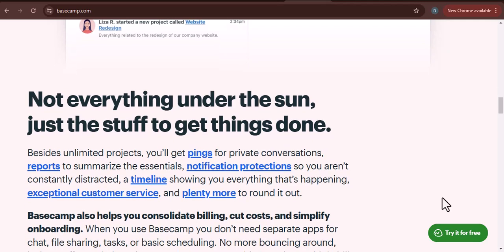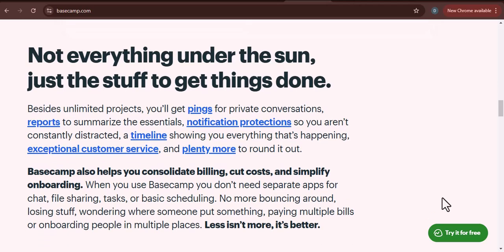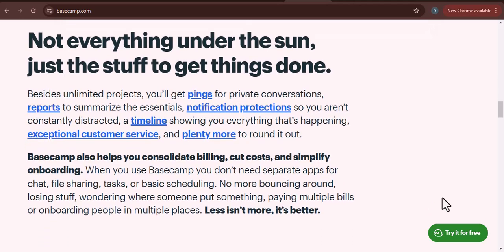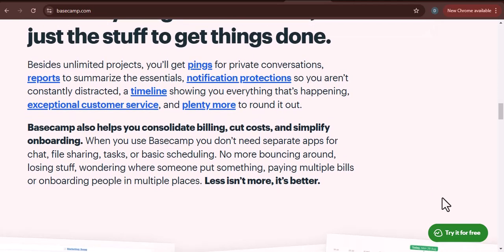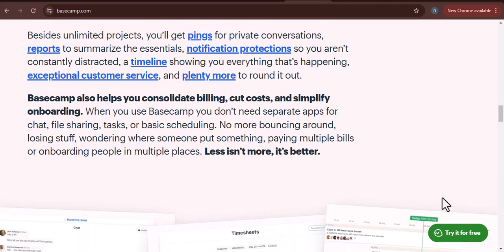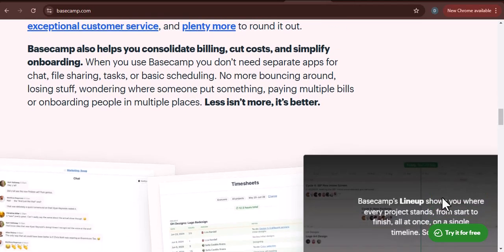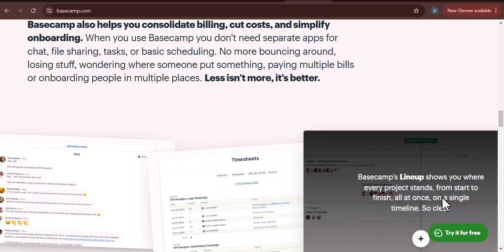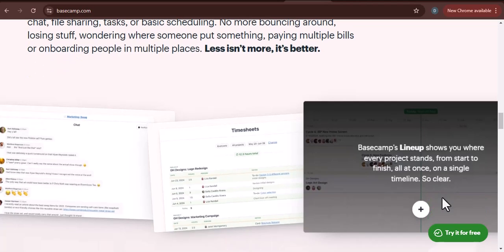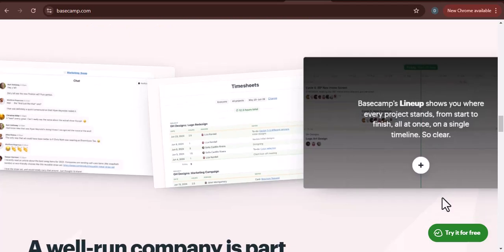Another often overlooked but incredibly useful aspect of Basecamp cards is their searchability. As your projects grow and the number of cards increases, finding specific information can become a challenge. Basecamp's robust search functionality allows you to quickly locate any card based on its title, description, assignee, or even comments. This saves invaluable time and prevents the frustration of